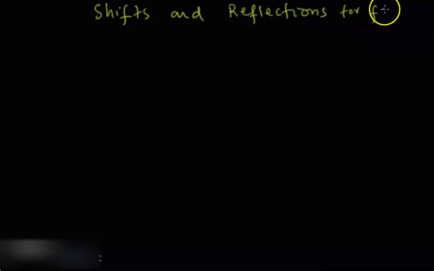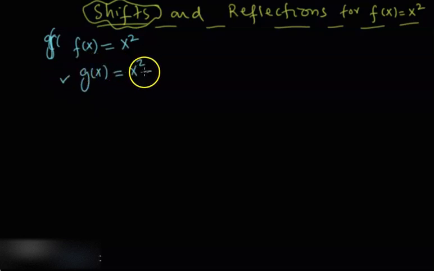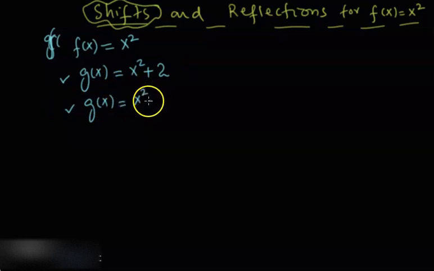Now we will talk about shifts and reflections for the quadratic function, or squaring function, f of x equal to x squared. First we will be talking about the shifts on this f of x equal to x squared. You know how to plot this function. With its help we will learn how to plot a new function g of x equal to x squared plus something, let's say plus 2,